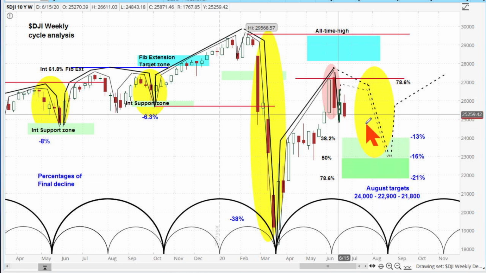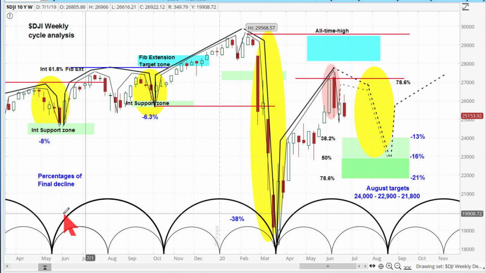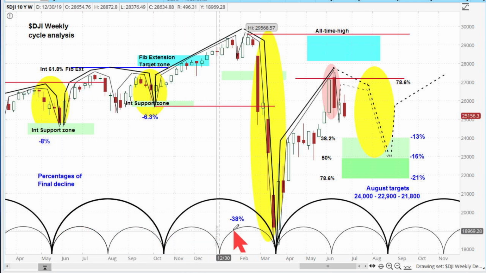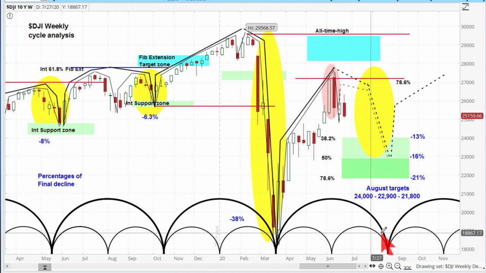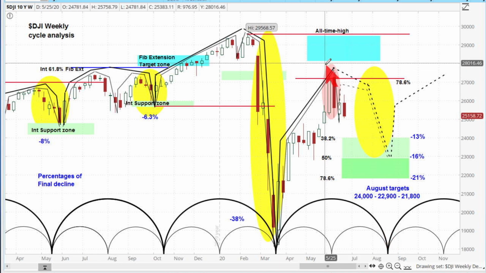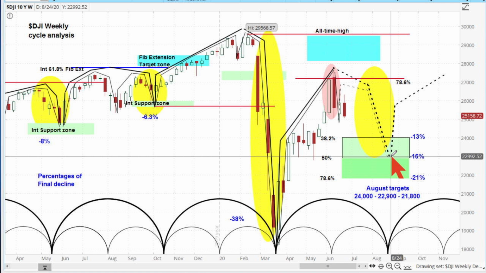This time frame in here, now remember, we're looking at these cycle patterns in here that give you the cyclic harmonics of 22 weeks to this low or 22 weeks to this low. That takes you out over here into somewhere around mid to late August, where this decline that began will then bottom, and then you get into